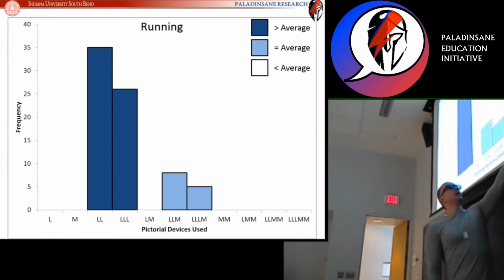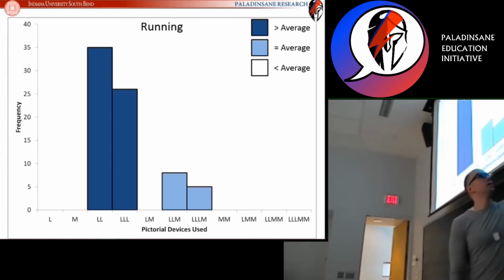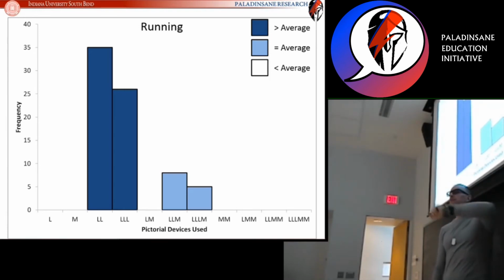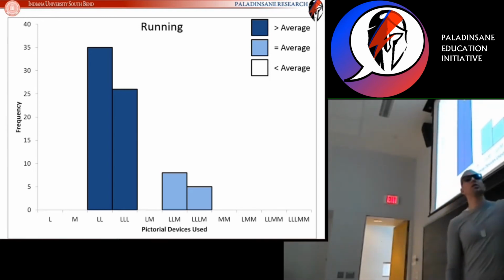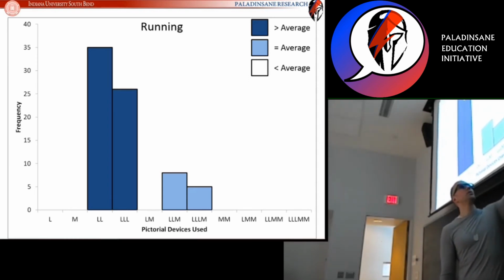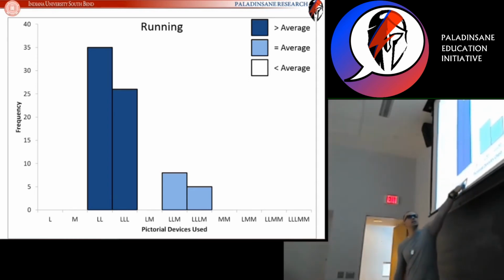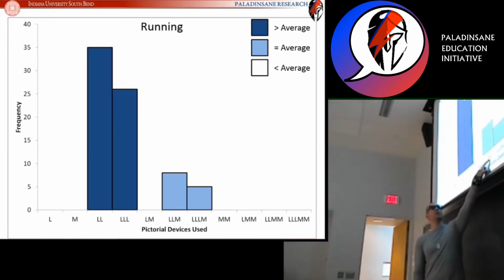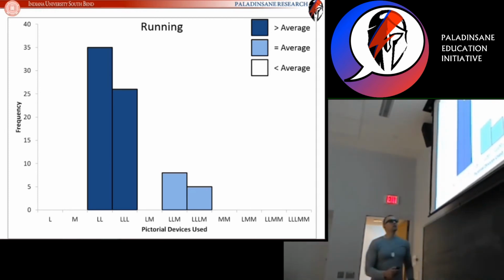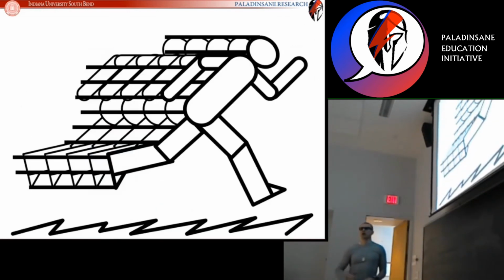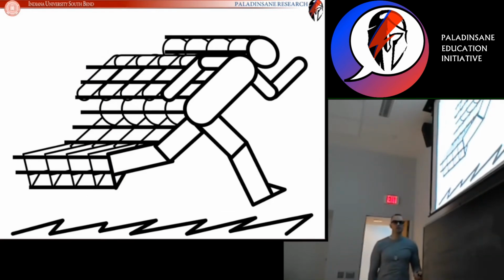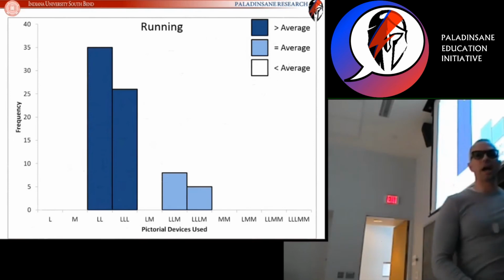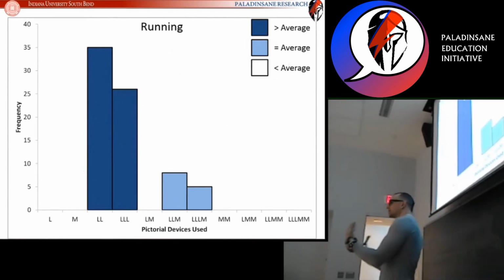And then lastly here, we have the three combinations that have multiple metaphorical devices. So these are the first combinations where there were two metaphorical devices being used. And you can see that it contains the very effective two literal devices and three literal devices, right? So it contains this, plus an added metaphor, which we already know is working because of these bars over here. So this would be an instance like here where we have all five of these devices put together. So we took a look at how often these were used, and this was a surprising result.